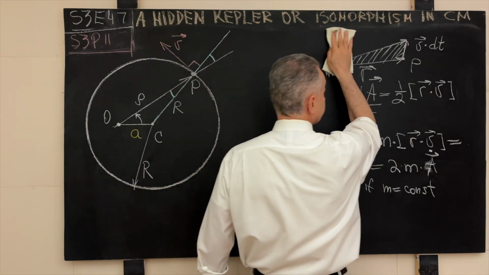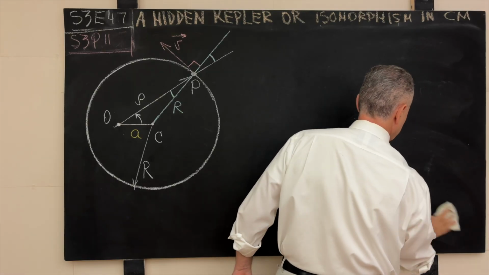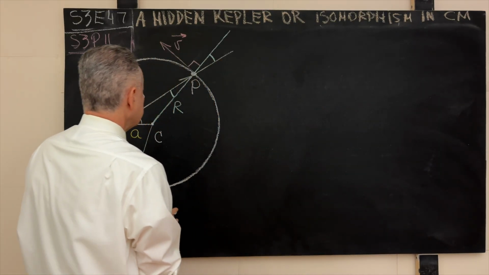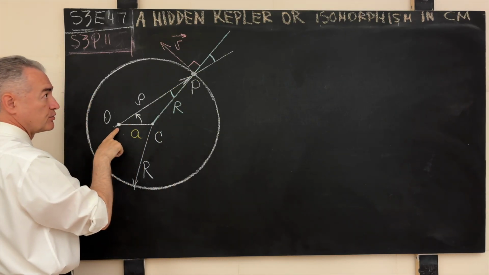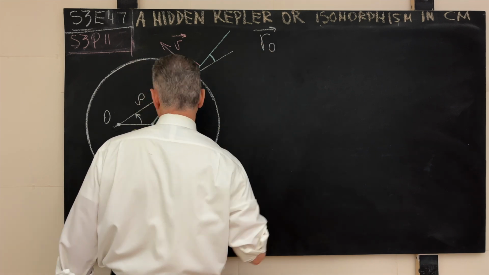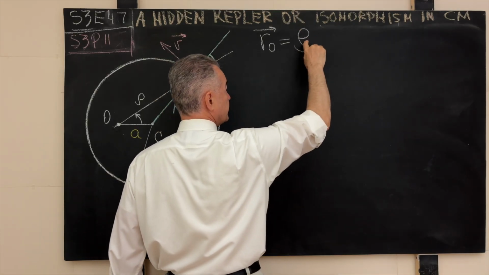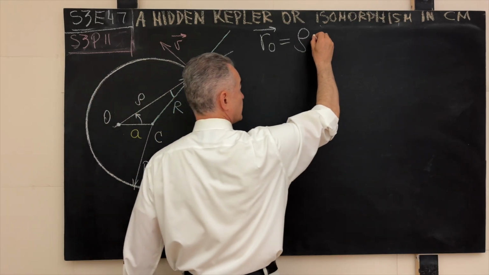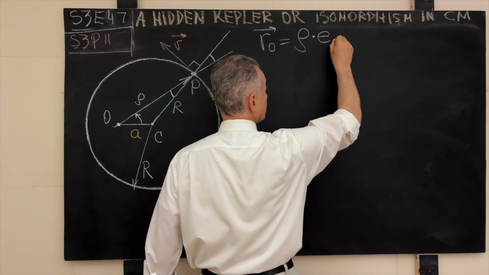So what does that mean and how can we capitalize on that? Well, this is a straightforward maneuver in physics. You will see it time and again, many times over. The radius vector of our moving point P with respect to the point O can be represented as a scalar rho, the distance, which must be present in the answer. We're asked to produce the answer in that shape,